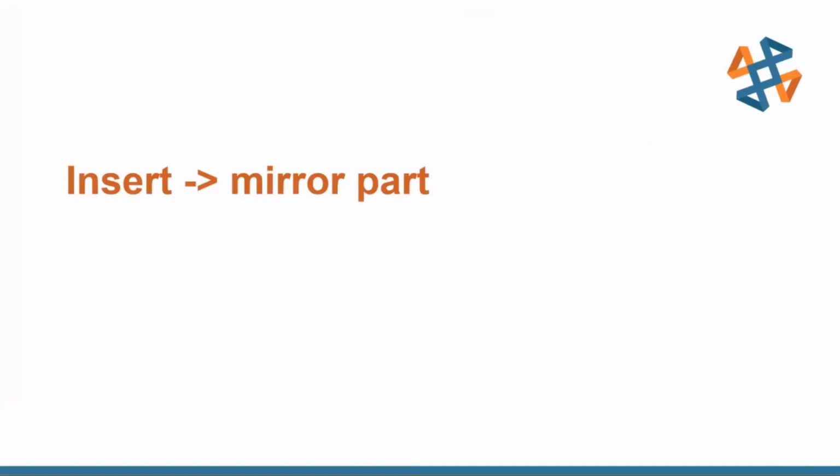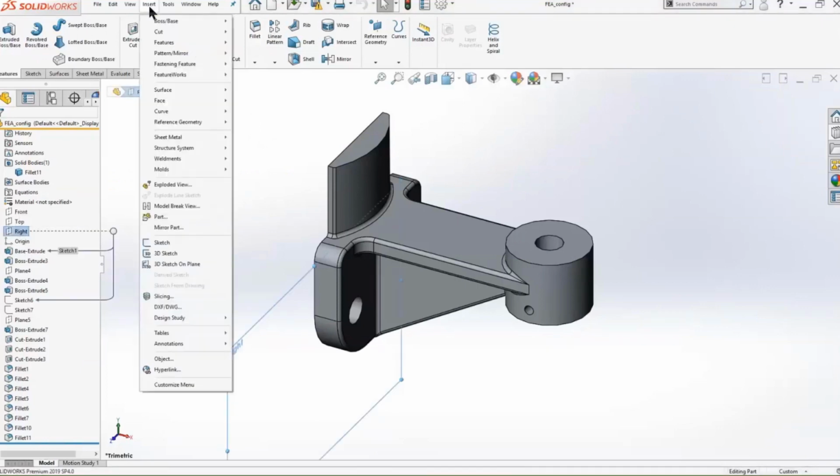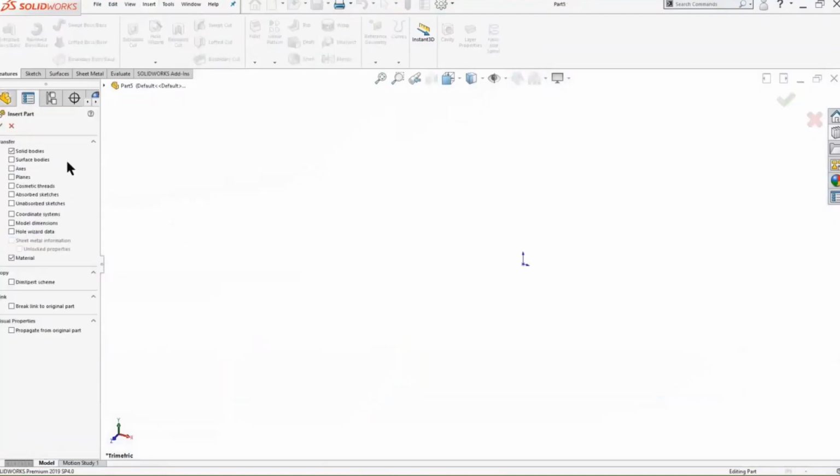And then the Insert Mirror Part command. I think this one gets forgotten about in SOLIDWORKS quite frequently. If you are modeling the right-hand version of a part and you need a left-hand version of the part, Insert Mirror Part to the rescue. So there's a dedicated operation. The way it works is you select the reference plane in the tree to mirror around, and then the Insert pull-down menu, Mirror Part. It's kind of like the other Insert Part commands where you get to choose the type